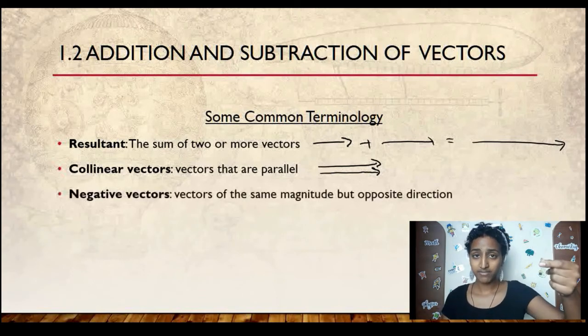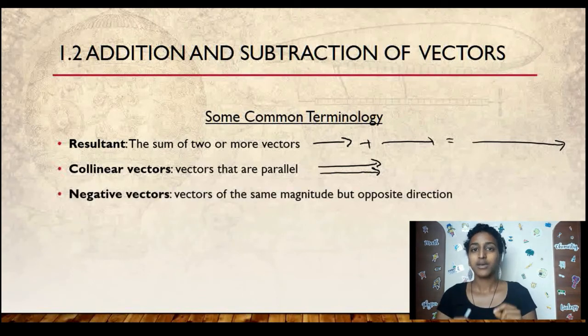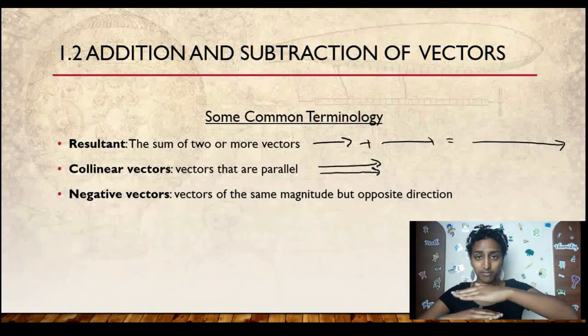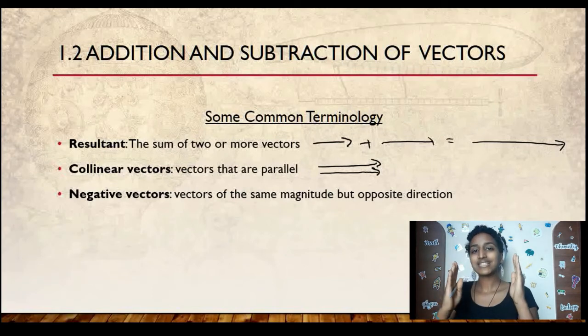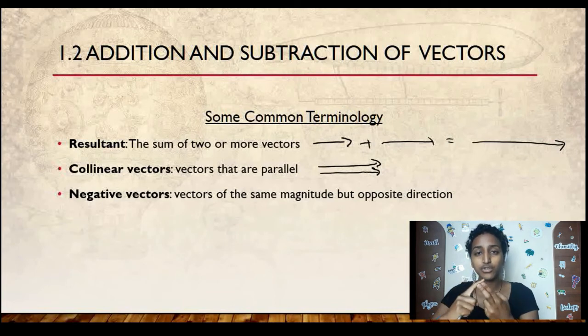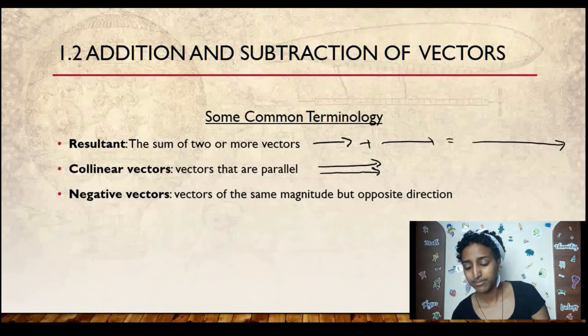Now I need to understand parallel vectors before we understand negative vectors, because negative vectors are in fact parallel vectors in opposite direction with the exact same magnitude. Okay, so two things you have to consider. Again, it's a vector, so you have to consider the magnitude and direction. The two vectors have the same magnitude but opposite direction. How do you draw this simply? Again, we use an arrow, the best way to describe a vector.